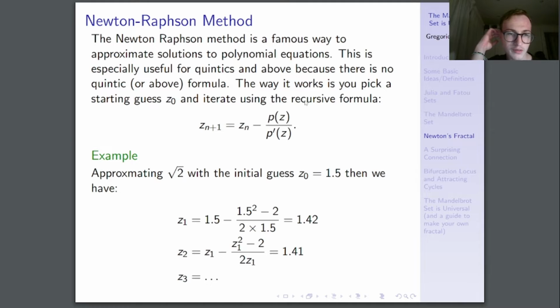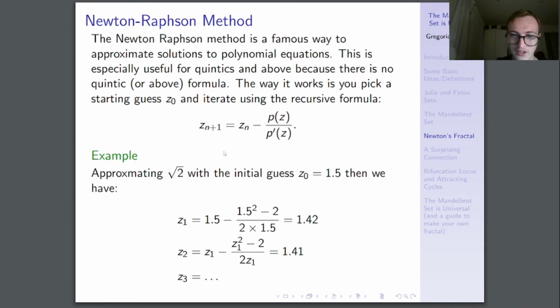So the way you do it is you guess some number z0, and then you iterate. So z1 will become z0 minus p of zn over p prime of zn. So you iterate this function here. So let's take a look at a quick example. So if we have the square root of 2, now let's say I guess it's about 1.5, then what do we get? Well, what's z1? Well, z1 is z0, 1.5 minus,